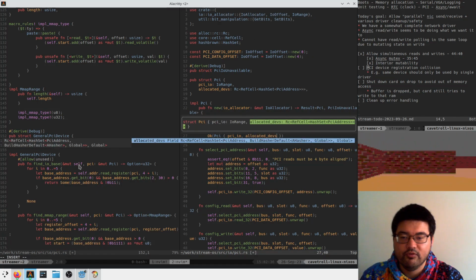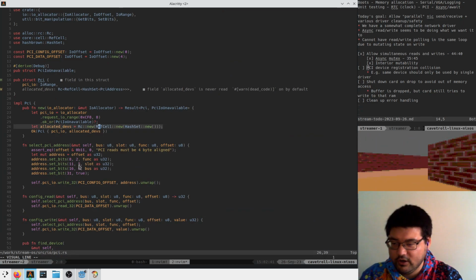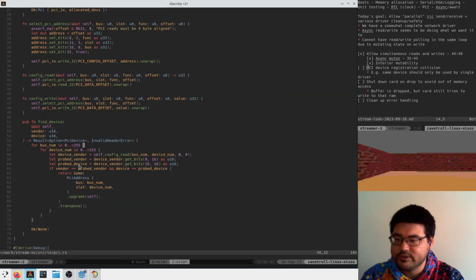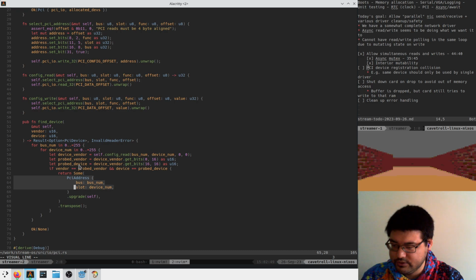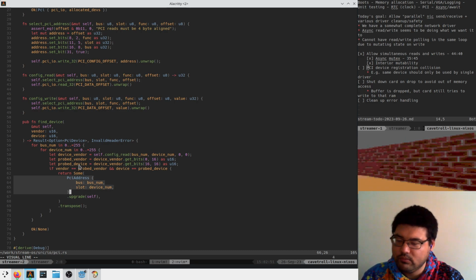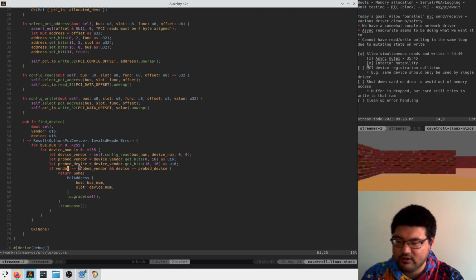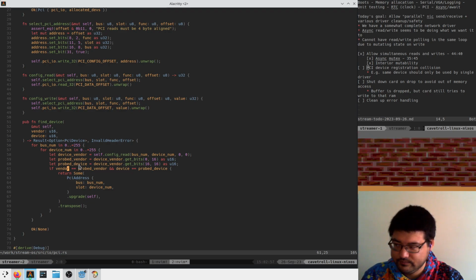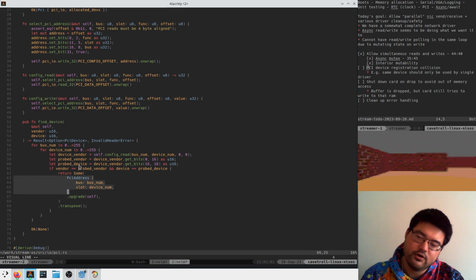And then we can provide this to the constructor, and we're chilling here. So now, when we try to find the device, before we do this, we insert him into the allocated device list. Now, we can't actually insert